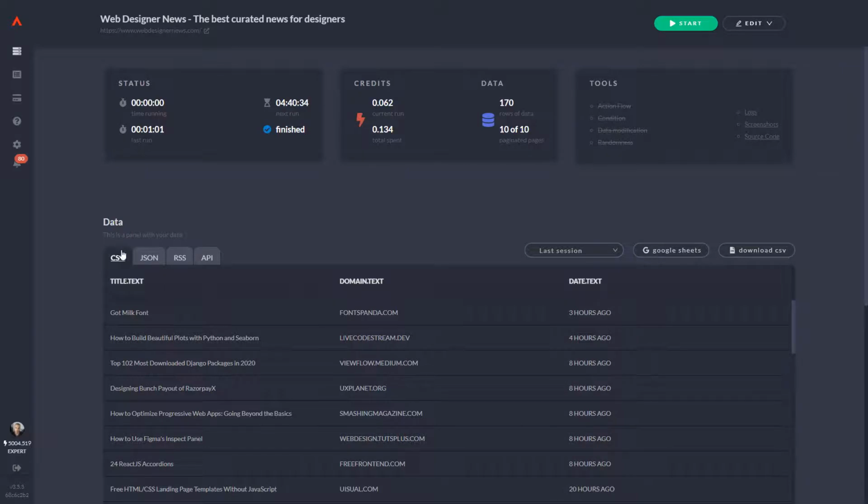So at the bottom, we have these data tabs. We have a CSV, JSON, RSS, API tab. As you can see, this is basically a table with your data. And now over here,